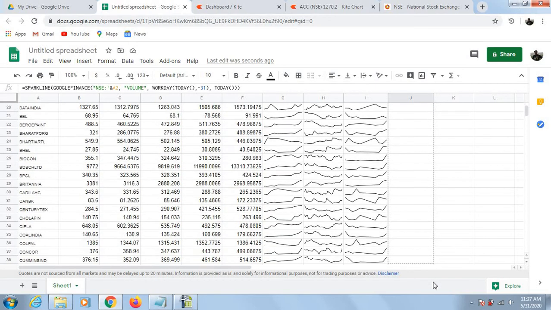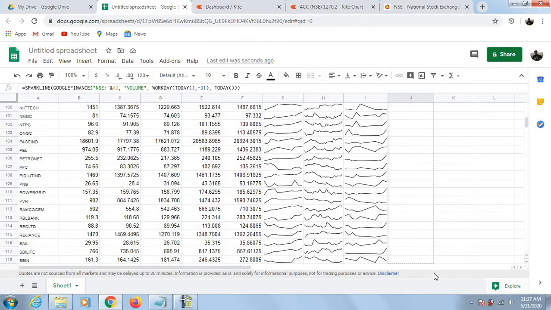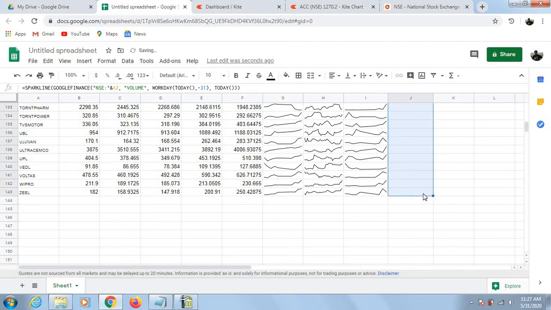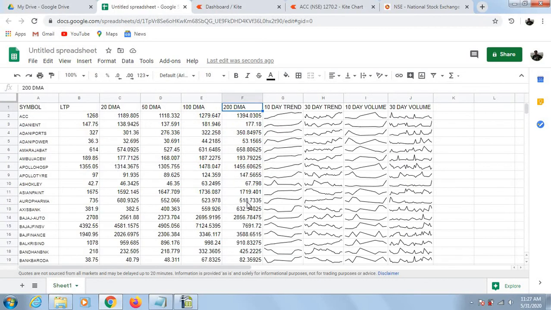Again, to apply for others, click and drag. So our sheet is now ready. You can easily identify the 10-day trend and the 30-day trend and 10-day volume of any particular stock.